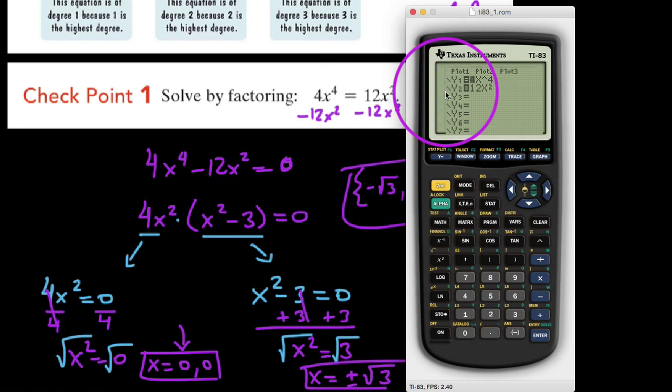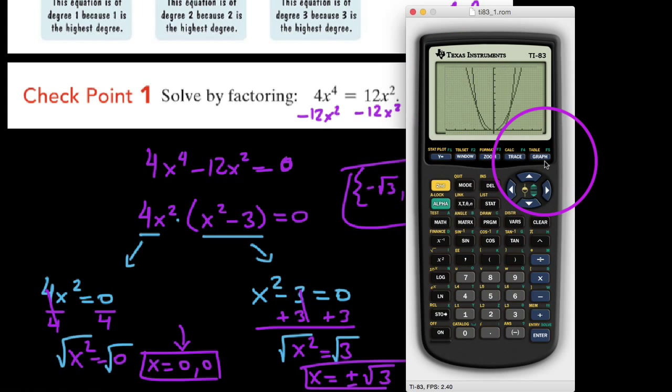And I also did the same for 12x squared as y2. And I'm just going to point this out. My window is slightly altered so that we can see this nicely. But what we're really asking for is, are there any x values that would cause both sides of this to be equal? Or in other words, are there any x values that would cause y1 to be the same as